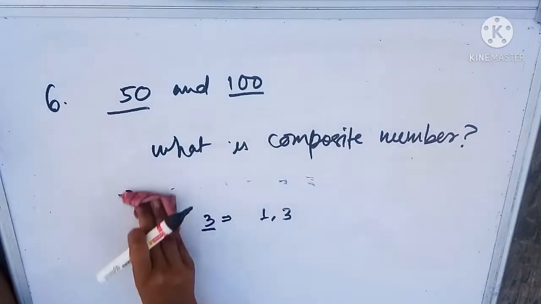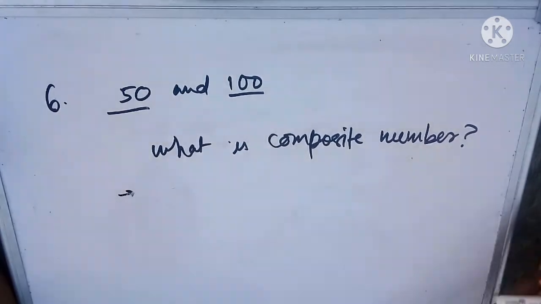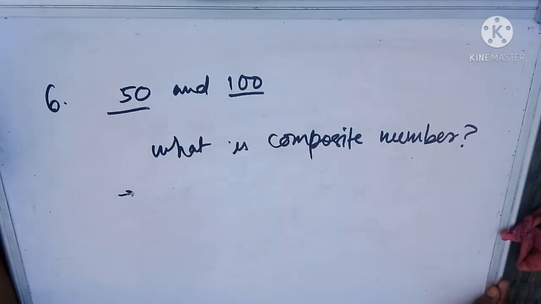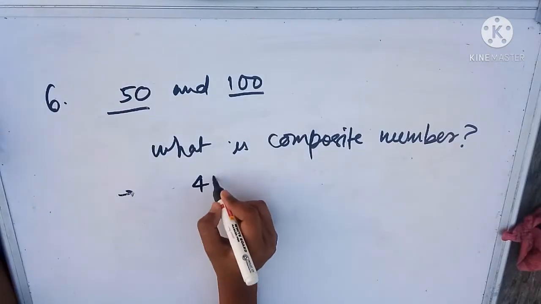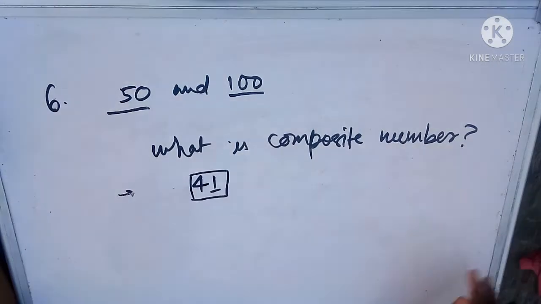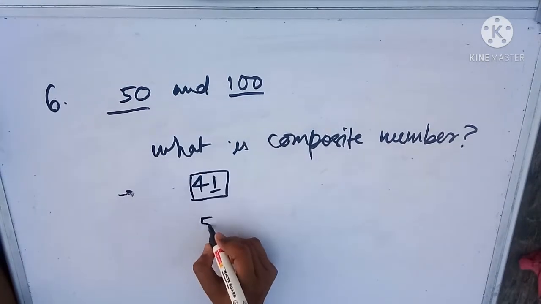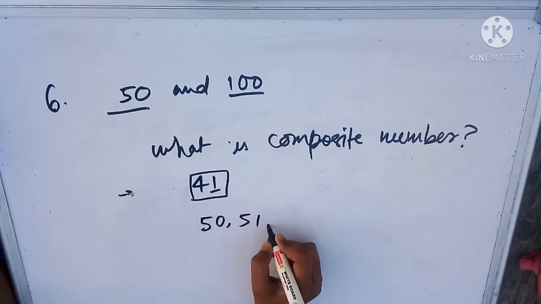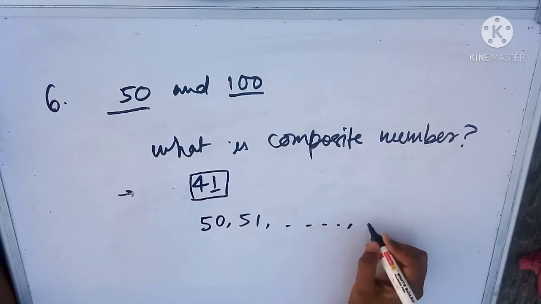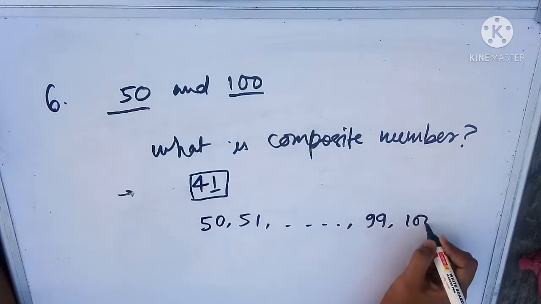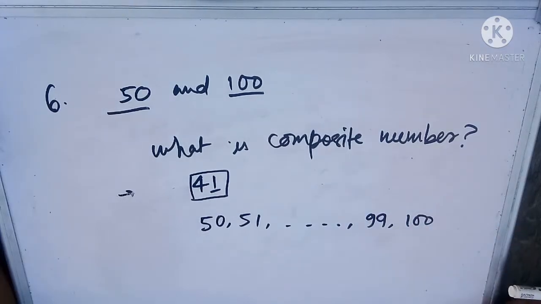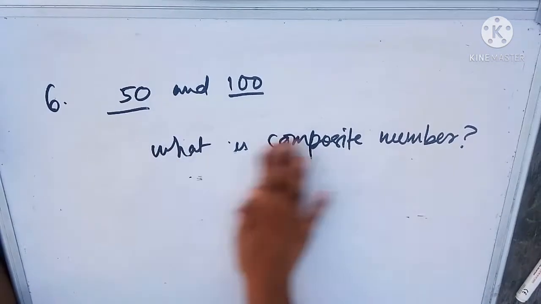We have to count all the composite numbers between 50 and 100, including 50 and 100. So we will get a total of 41 such numbers, starting from 50, 51 till 99 and 100. Now you can solve this question. The next question, question number 7,